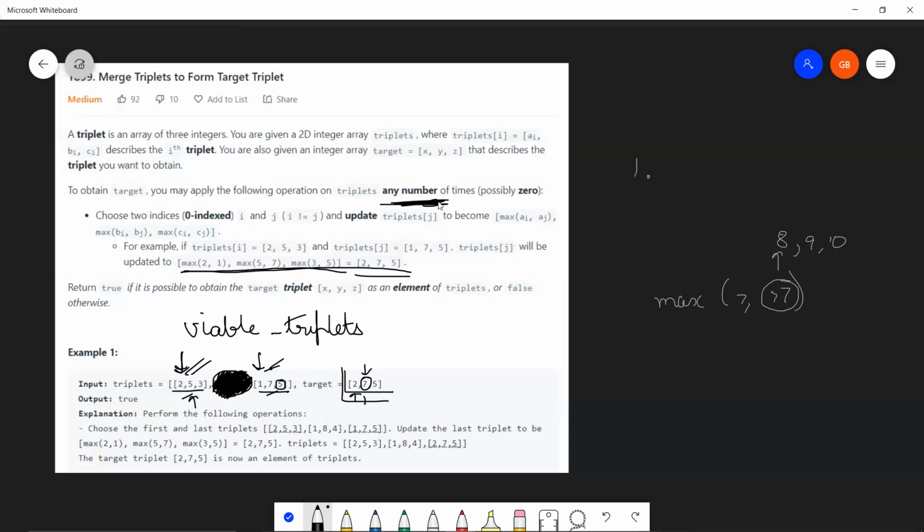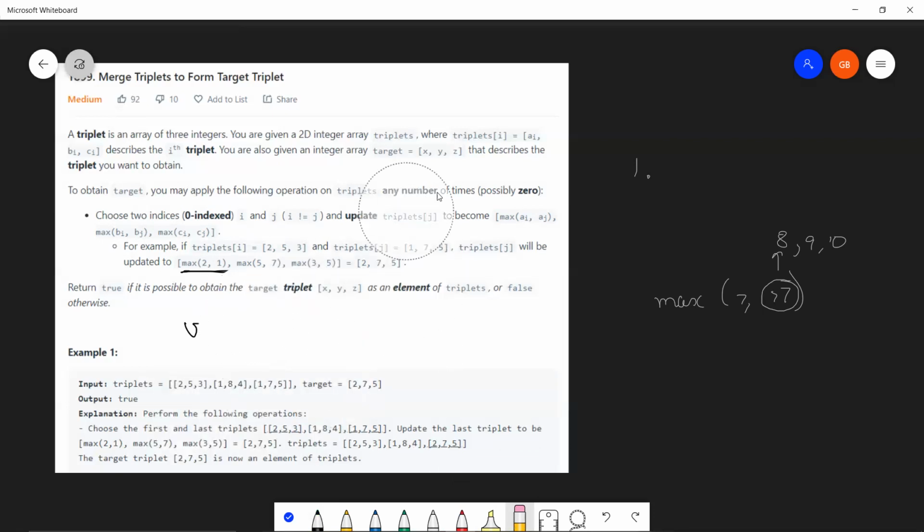Something similar to question number 1. There also we had any number of operations. So we actually do not need to perform the operation. We just need to conclusively prove that after performing any number of operations, we get a result. Similarly, over here, we have proved that after performing some amount of operations, we will definitely reach our target. This was what the whole question is about.